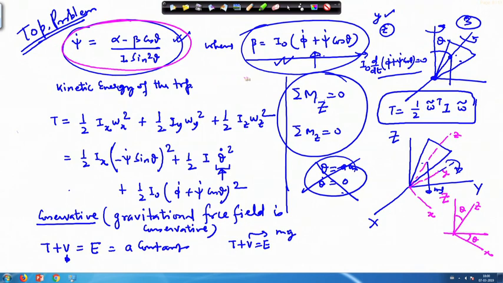So, once we got this equation, on the next page it is shown here in this place, where beta is this quantity, and then we went into the kinetic energy of the system. So, we have written the kinetic energy equation here. And thereafter we considered the conservative case, because here the total energy of the system is conserved. So, we added the potential part here. So, this is a constant.